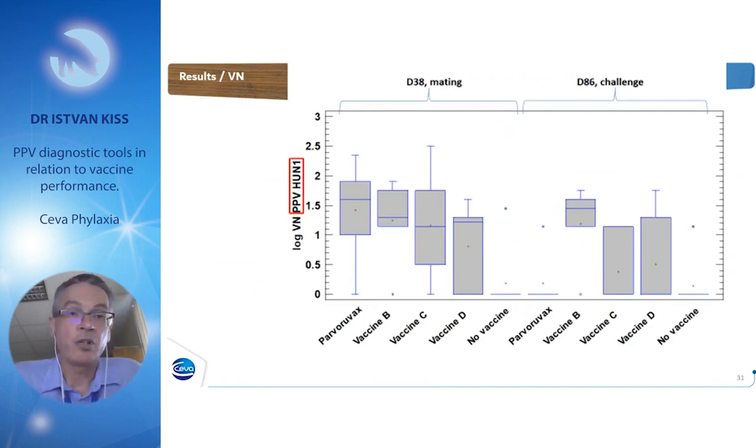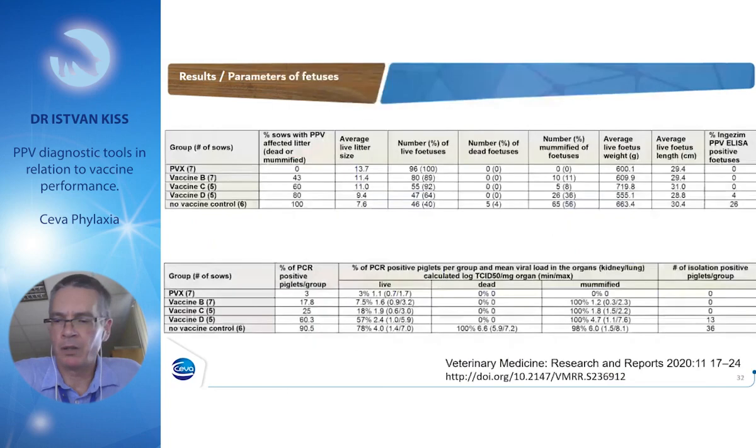VN, virus neutralization, showed the same, so a moderate immune response, and there were no really major changes. The antigen we used was the challenge strain, actually. So to our surprise, serologically, a big difference could not be made between them. So then we came to the fetal parameters, and here the picture was much clearer and straightforward. Like parvovirus outscored all the groups. Like there was no